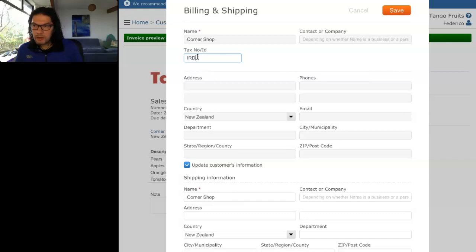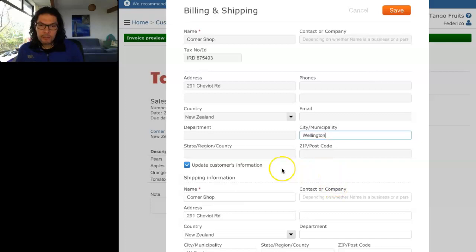So I'm going to say that it's RID 875493. Okay, I'm going to say that the address is 291 Cheviot Road, and I'm going to say that that's also in Wellington,